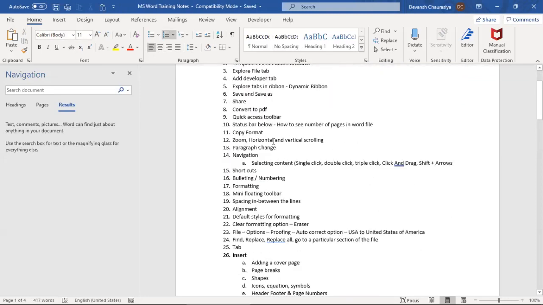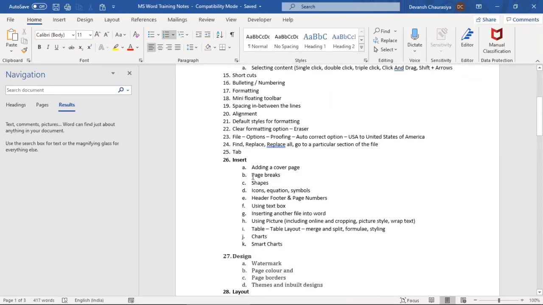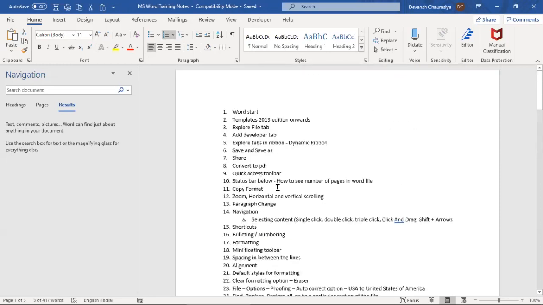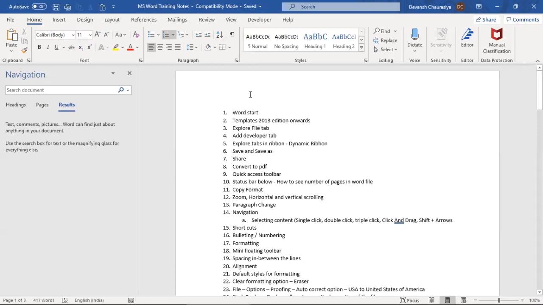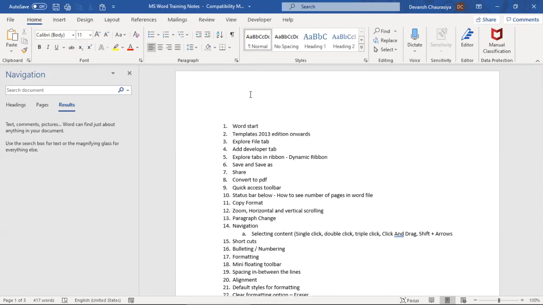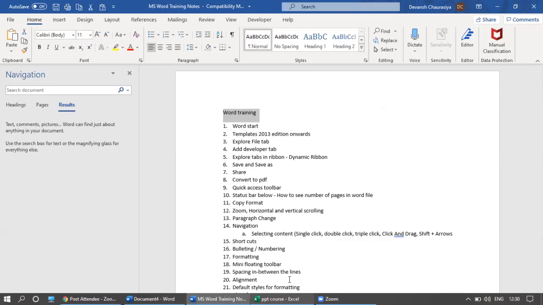Okay, I remove the cover page. Page break. Let us say this was, okay. Let's see this word training. Okay, and